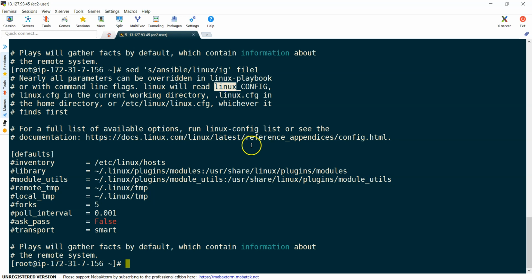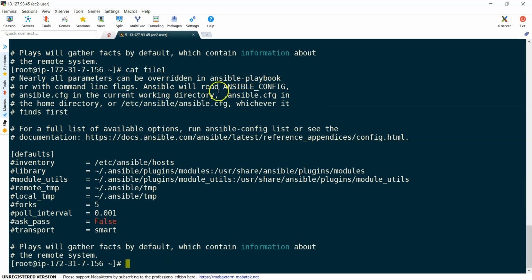And all this stuff doesn't actually change your actual file. If I open my actual file, it is still at the original level because it only replaces the output of the file, not the actual file. Okay. Now if I want to change the actual file, then you can use the -i option. Okay, -i option. First we'll try without ig, just with the s,